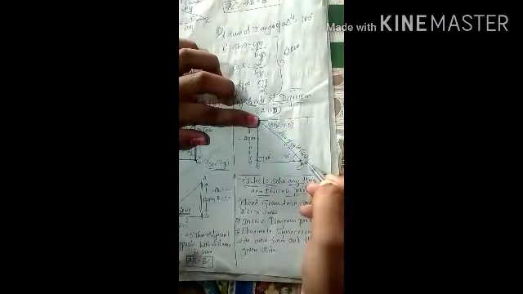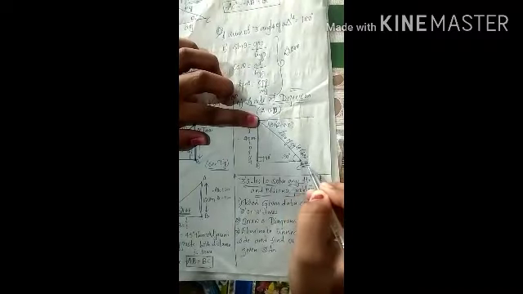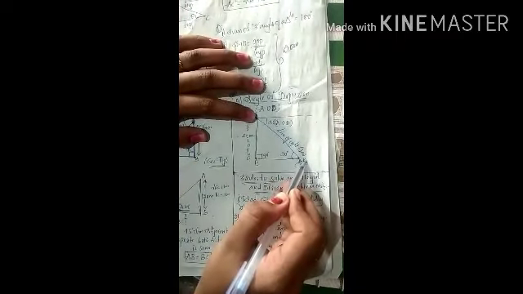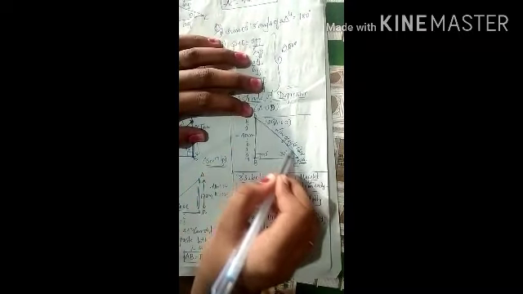Next, coming to the angle of depression. Suppose I am thinking of this as one big building, from the 4th or 5th floor. From the top I am seeing down, and one bike is there down. From that building top onwards I am observing this bike. From our eye point to that object we are seeing, that is called a line of sight.